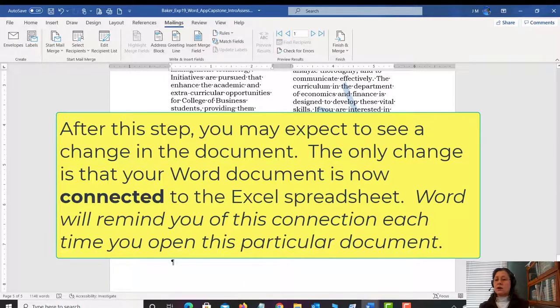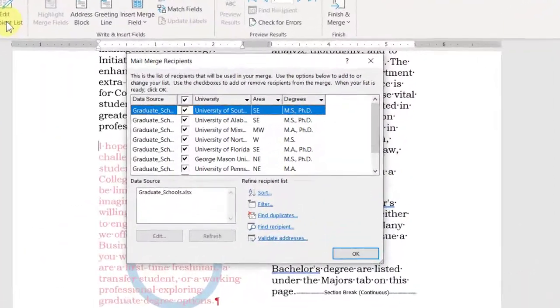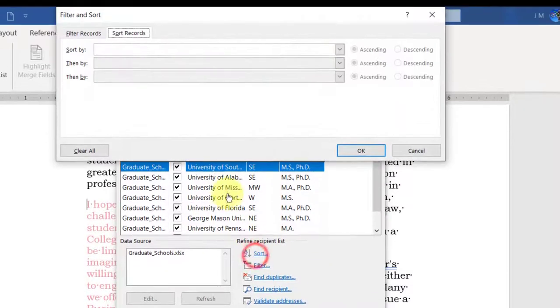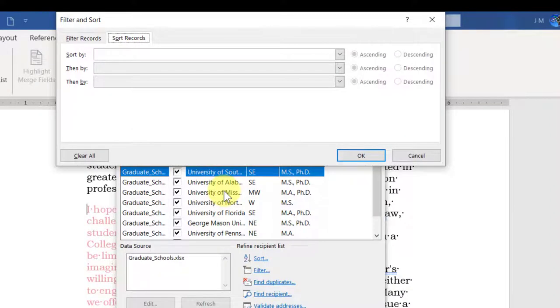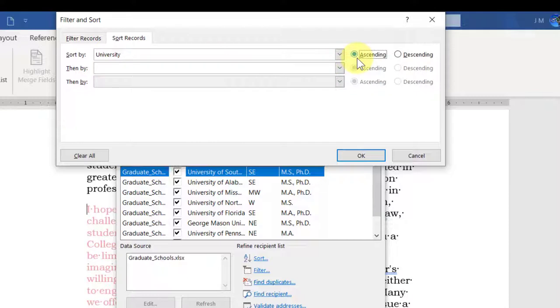Sort the data source. So let's edit that. I clicked Edit, and these are the things in my data source. It looks like a bunch of universities with their area of the country and the kind of degrees that they provide. Down here it says Sort, and they want us to sort by university, ascending order,